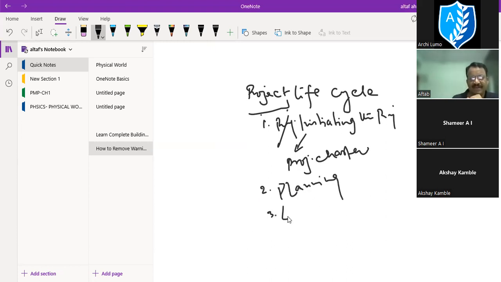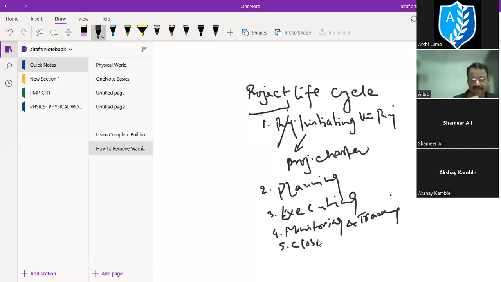Number 3 is executing. Number 4 is monitoring and tracking. I will explain each and everything in detail. Monitoring and tracking. And number 5 is closing. These are the 5 phases of any type of project, whether it is civil, mechanical, electrical, IT, PMC, whatever is there,